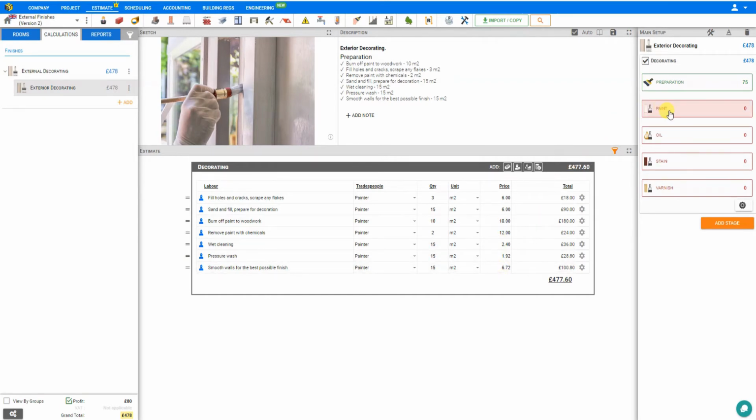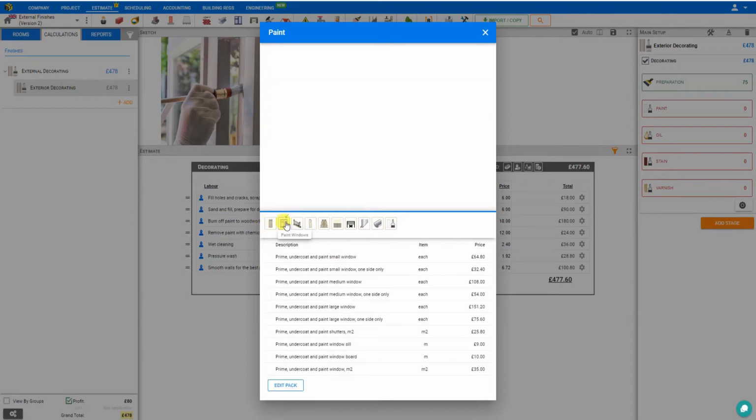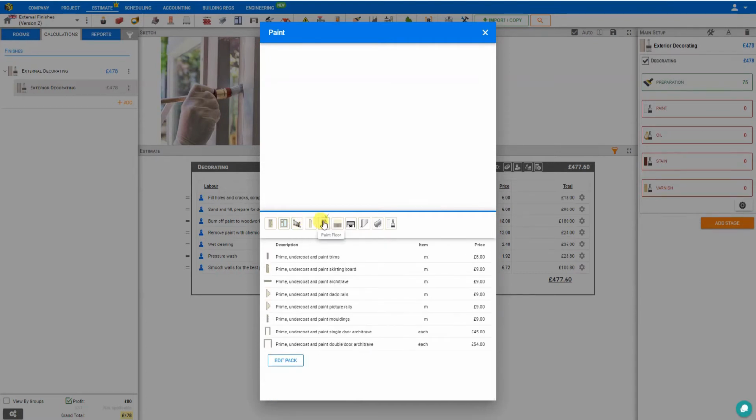Next, let's take a look at painting. By selecting Paint, this opens the Price a Job Paint library. And here we have the labor calculated for a variety of tasks, including painting doors, painting windows, painting stairs, painting mouldings, painting floor,